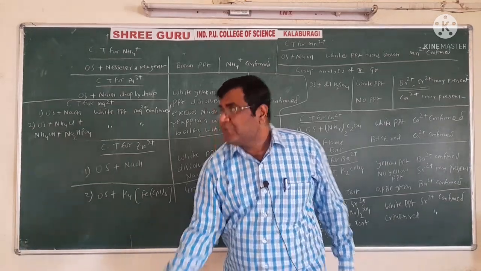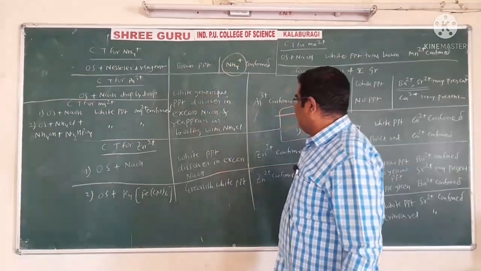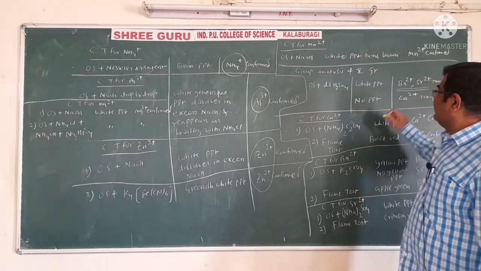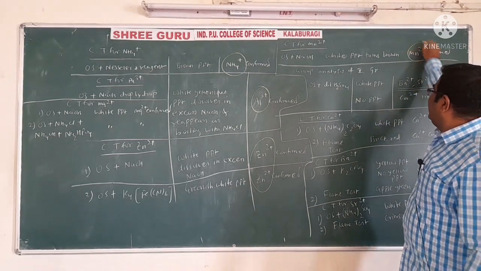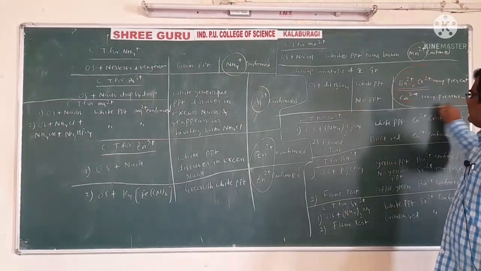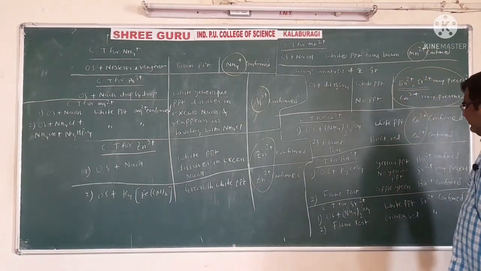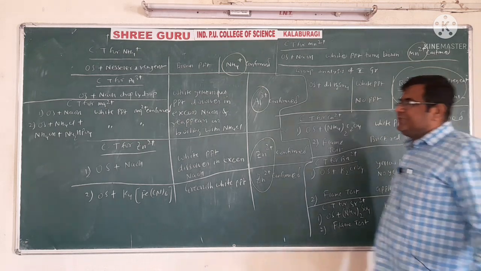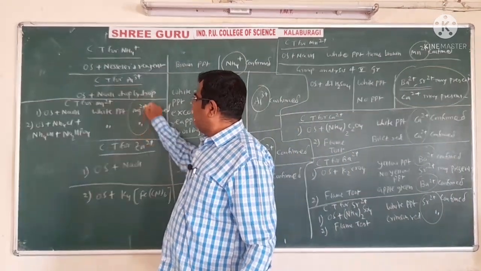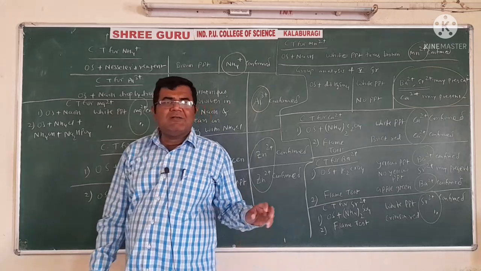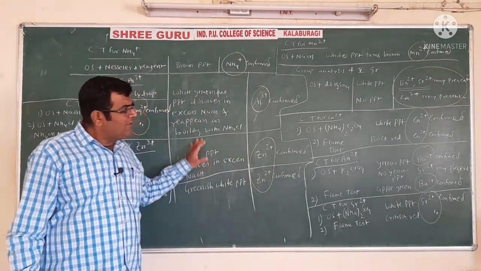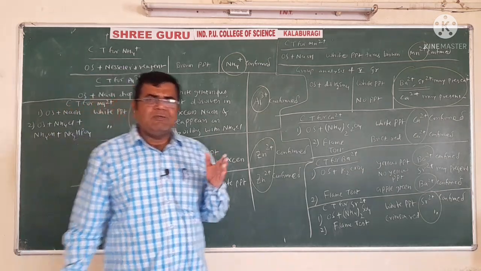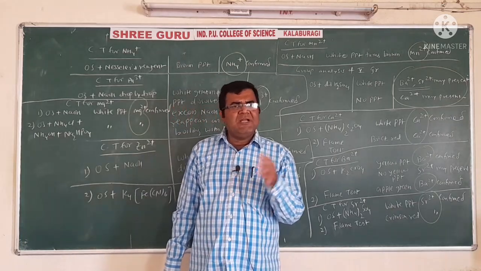So all this confirmation we have done. Ammonium is here, aluminium, 2 Cts for zinc, 1 Ct for magnesium. In this group analysis, 2 Cts for calcium, 2 Cts for barium, 2 Cts for strontium, and 2 Cts for magnesium. So that carries 2 marks. This confirmatory test carries 2 marks. Just like what I have written, in the same fashion you have to write, but only for what salt may be present, only that Ct you have.